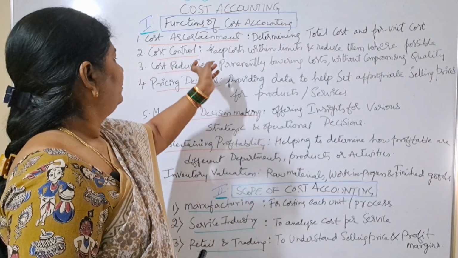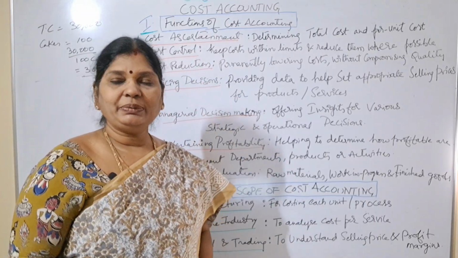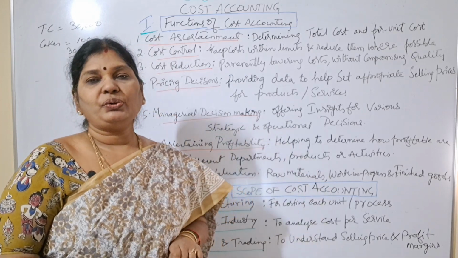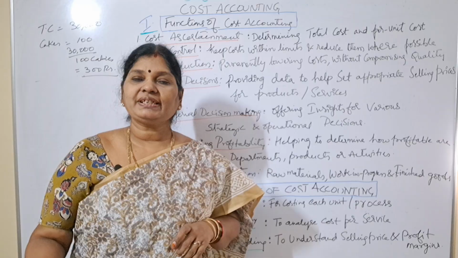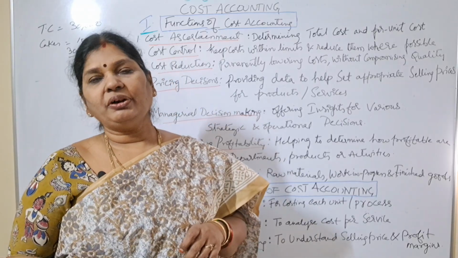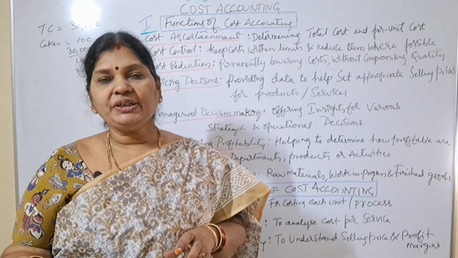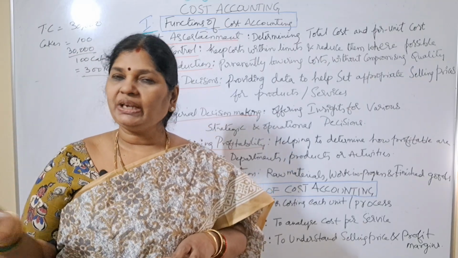So how can we reduce costs? Say I will take the same example. If you are a student, you will get pocket money from your parents, no? So here, what is your pocket money? 5,000 per month. Say, for example, if your college is conducting some fest and you have to contribute for that, so you are having how much? You are having only 5,000 rupees. So your father will not be giving extra amount to you.